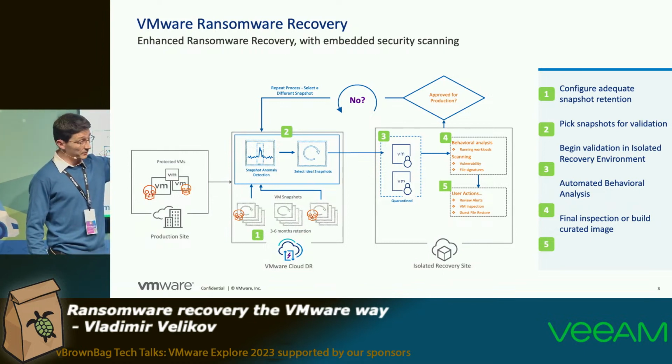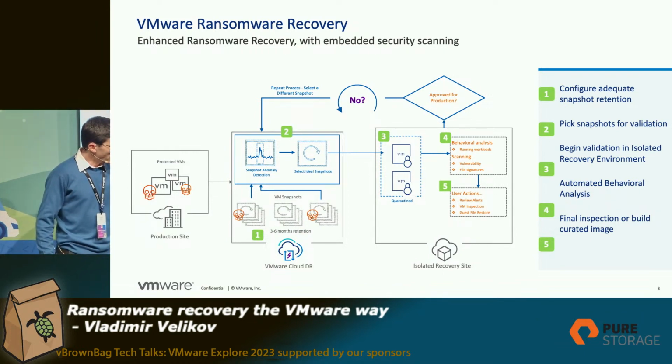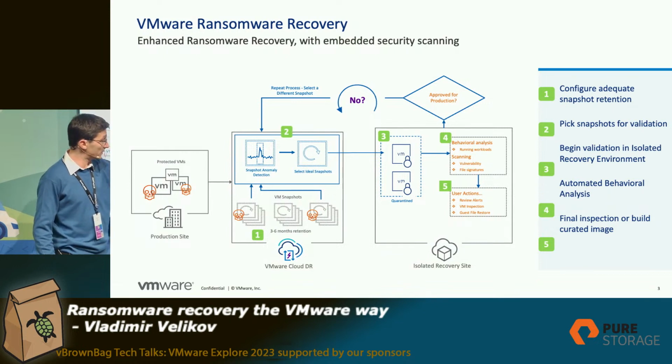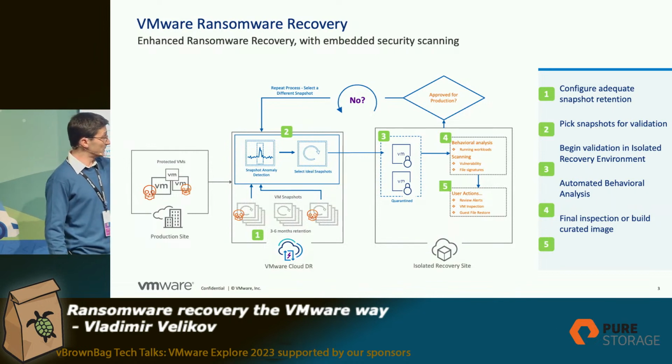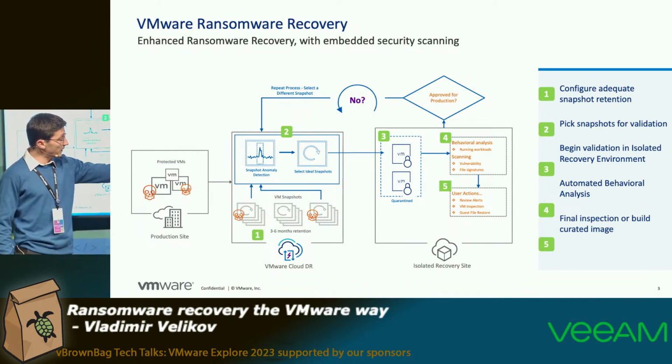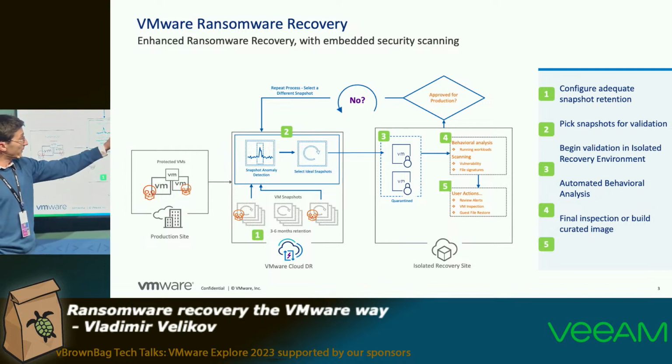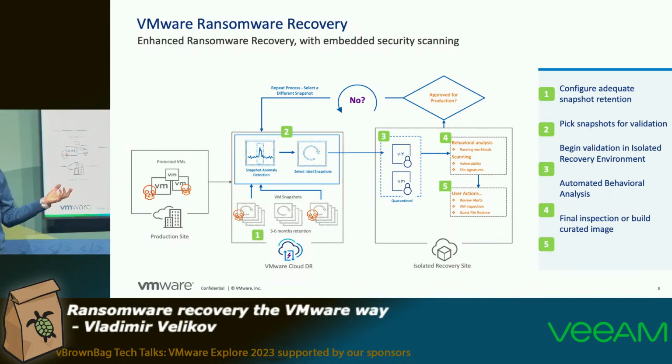Very quick mounting of the VMs, IRE done for you, so that you don't have to figure out exactly in the most precious moments how to do this. The security scanning and the alerts, and then this way you can find your good